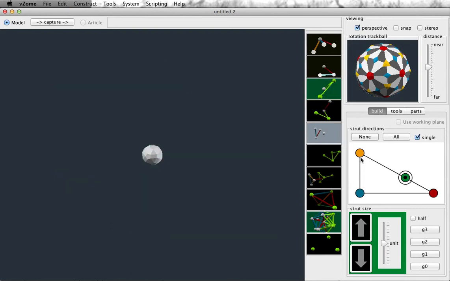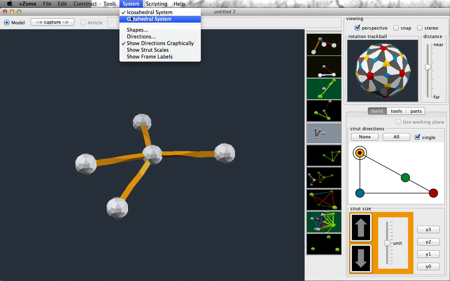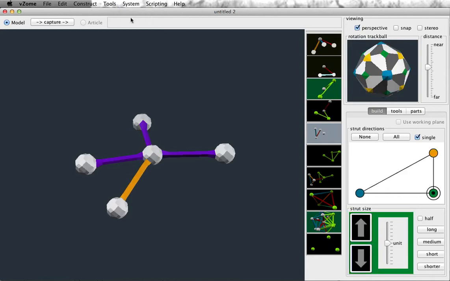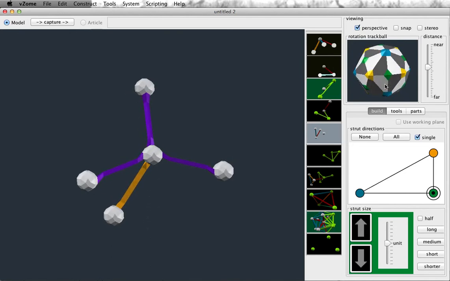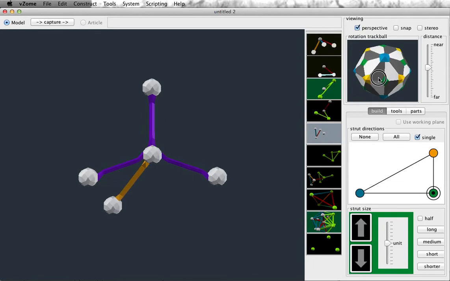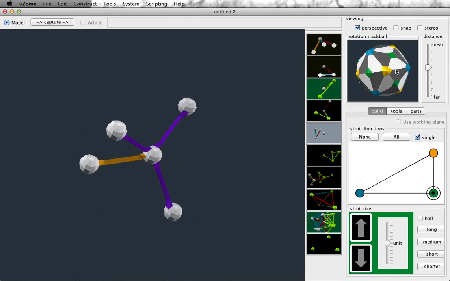For example, if I build in yellow, suppose I want to build a rhombic dodecahedron. I may try to find some yellow directions to use and sort of guess at it. It's not that easy. And in fact, if I switch to octahedral, you'll quickly see that most of my yellow struts have turned purple. Well, this is because they're not actually the right struts if you try to line up with the octahedral system. So let's undo those struts and just stick to yellow